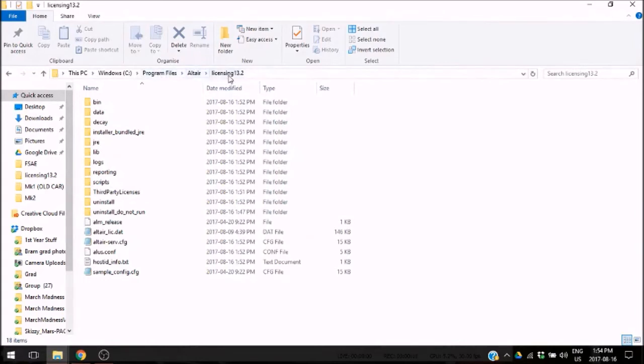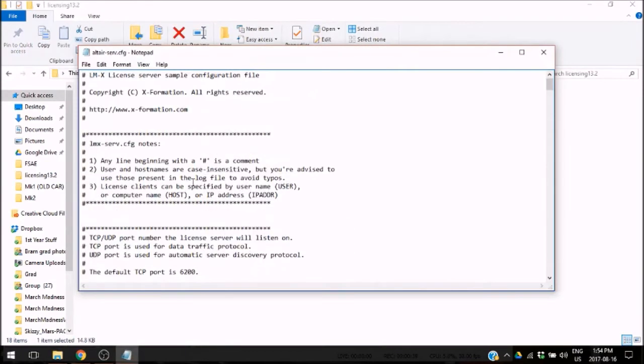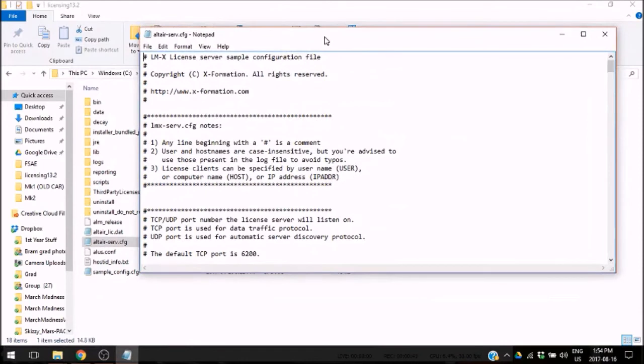licensing 13.2 folder within Program Files and Altair, and have this folder with these various folders and files in it. So you're going to want to replace the Altair_license.dat file with the one that I've provided you in the group chat, and you're going to want to confirm in the